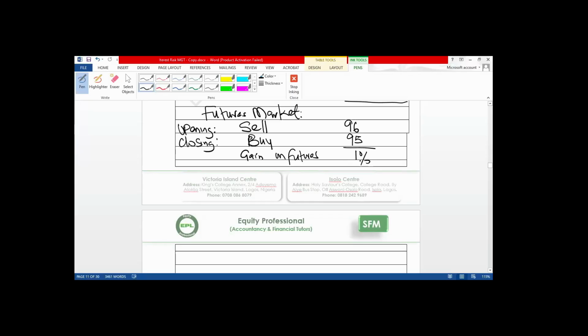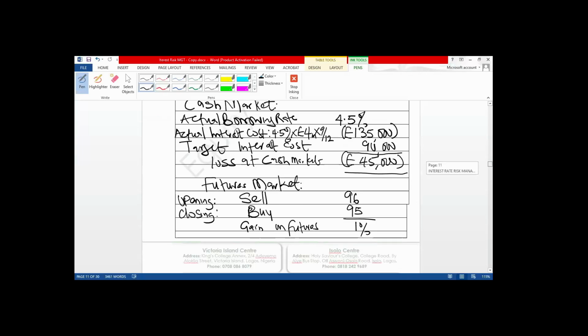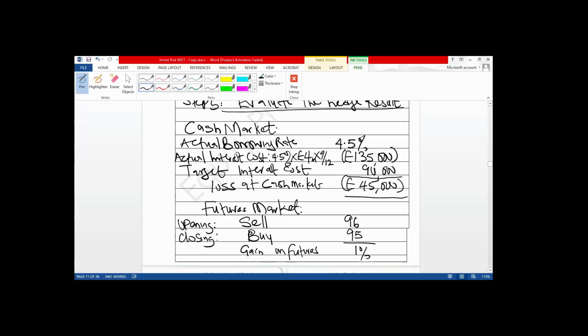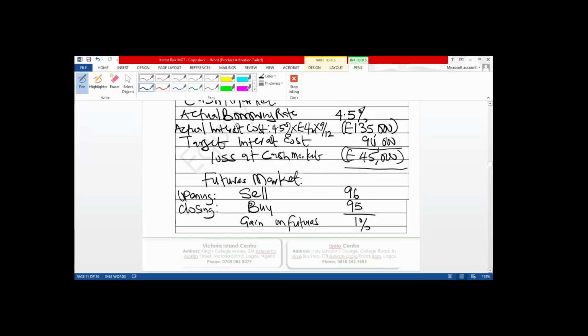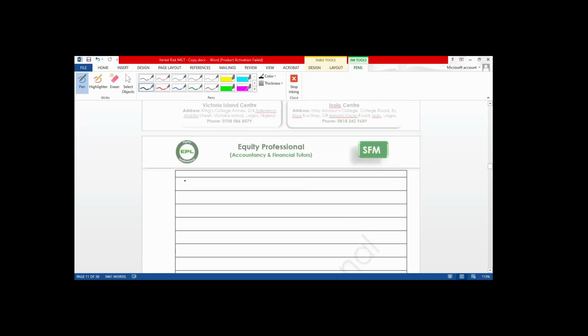That was what we tried to explain. If you look at here, once you incur loss in the cash market, you must make profit in the futures market. Once you incurred loss in your cash market, you must make profit in the futures market. Calculate the monetary gain.